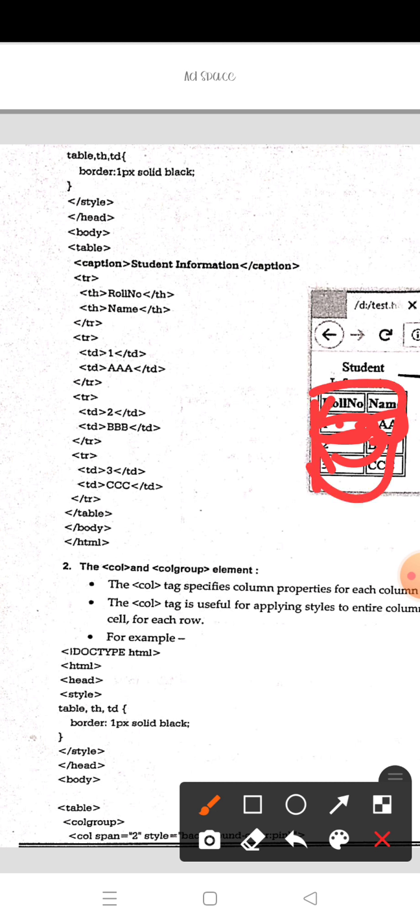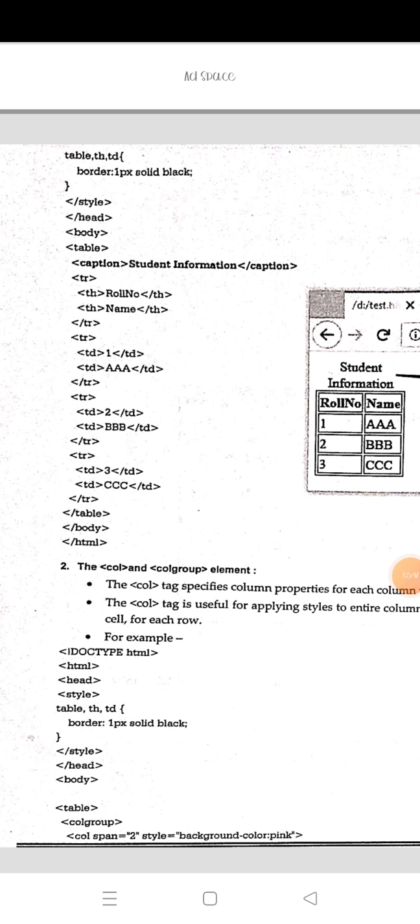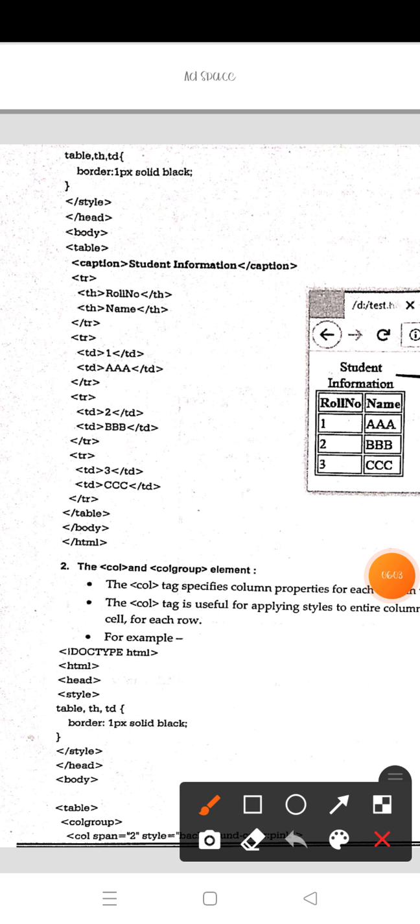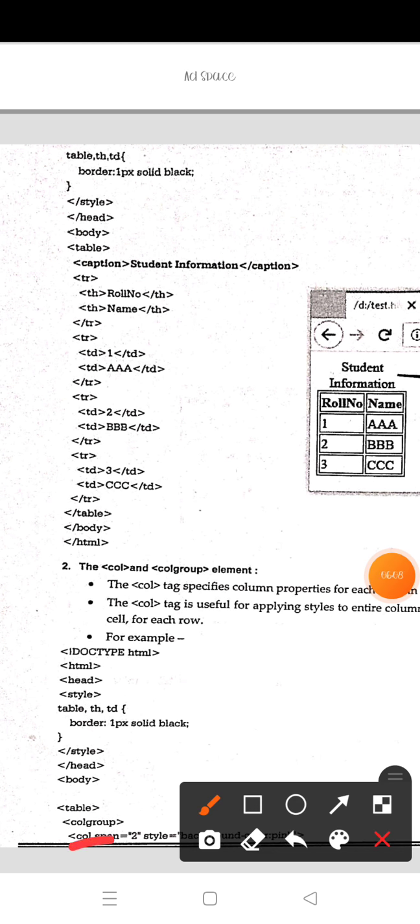This style is defined. Next close the style, then close the head tag, then open the body tag. We are creating a table, so we have to use the column group. Within the colgroup we use the col tag.